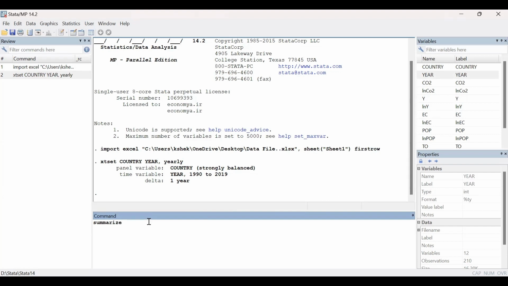Okay, summarize will provide you with the basics of the descriptive statistics of each of the variable. If you want to obtain descriptive stats of a particular variable, you can mention that variable after this summarize. And if you want the descriptive statistics for all the variables, you can keep it as it is and then